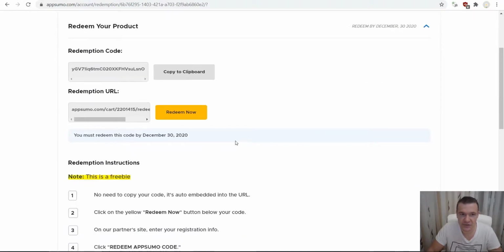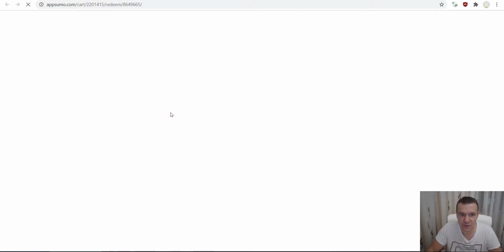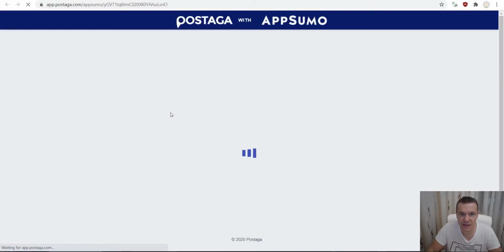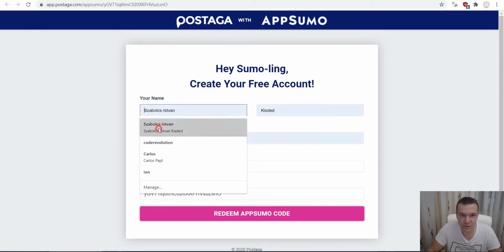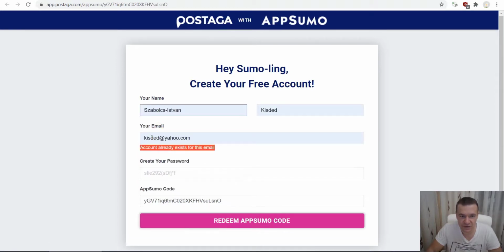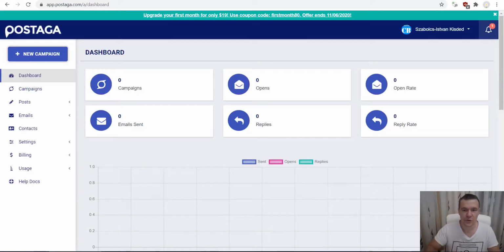Okay, see, so here we can redeem this, and we are now at Postaga with AppSumo. So let us register here. I already registered. I log into my account and I get back to you guys soon. Okay, so I logged in here to my dashboard, and what I can do is go straight ahead and create